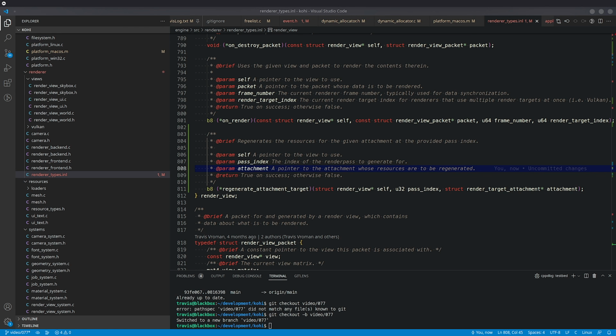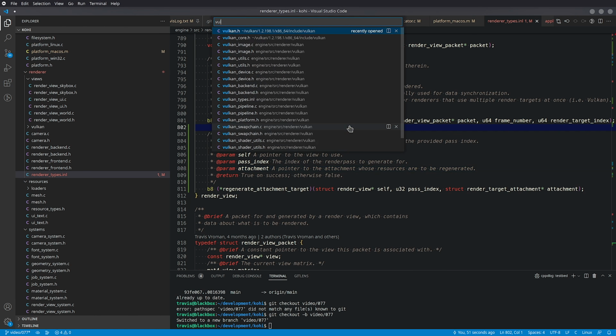So I think that's probably the way that I'm going to go ahead and do it. And I think probably there's a bunch of changes that we're going to have to make. So I think probably the good place to start on that is going to be Vulkan types,